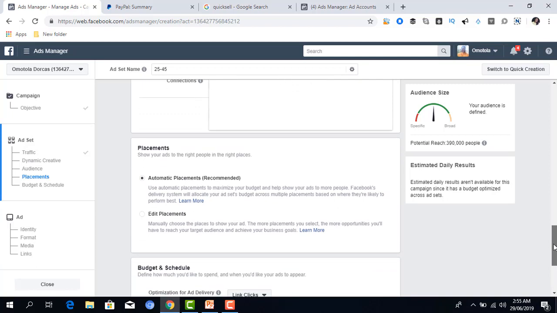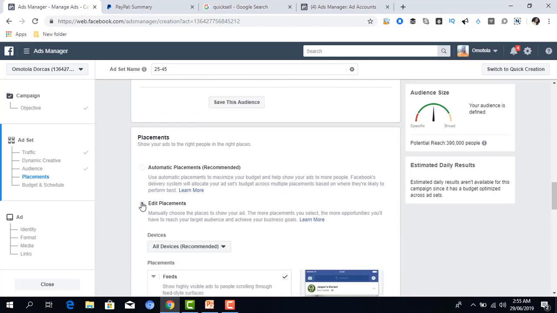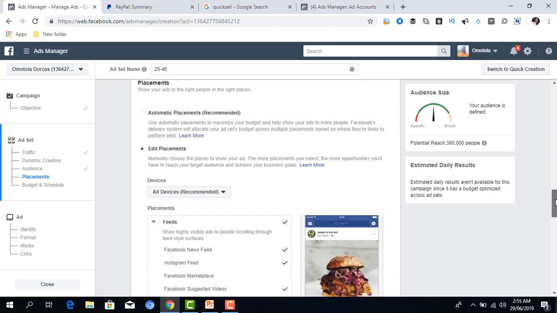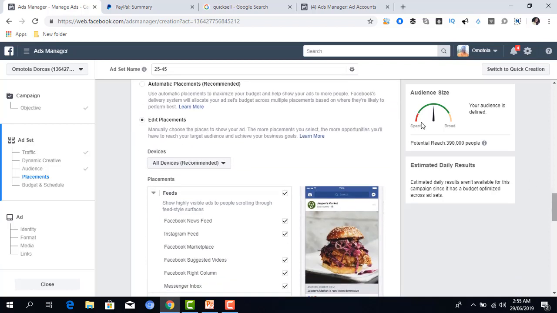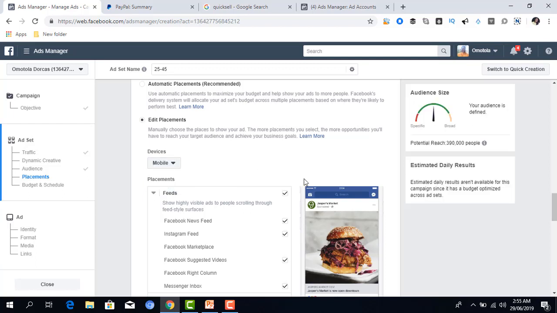Now I come down to placement. I prefer to determine what I want my ads to do, so I choose edit placement. Now remember I said that you can use either desktop. This is all part of segmentation. Once you can understand where your people are, you just know what to do. So because the app I chose works on the mobile device, I'll be choosing the mobile device